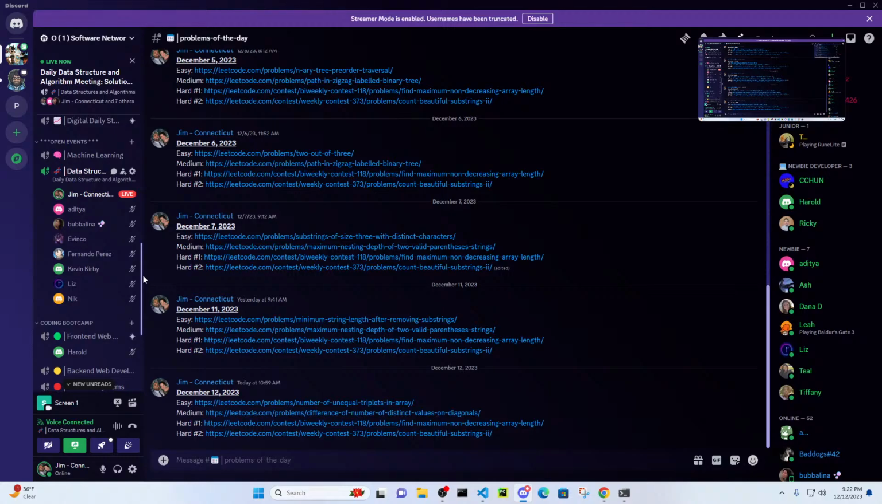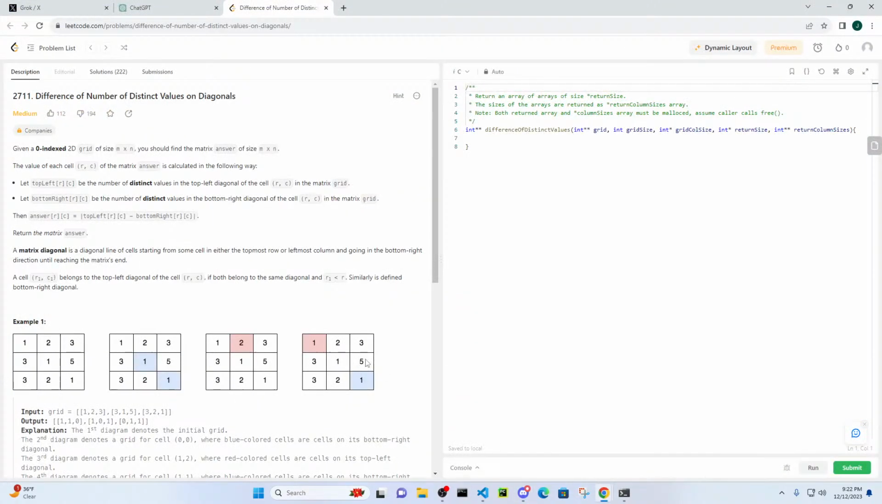Fernando, how did you do? Did you do the easy or medium at all? Yeah, I did the easy and the medium one, but I think the medium one is just difficult to explain. I saw it, but it's brute force. I'm just calculating the diagonals for each cell, with two while loops. Probably I can share my solution, but